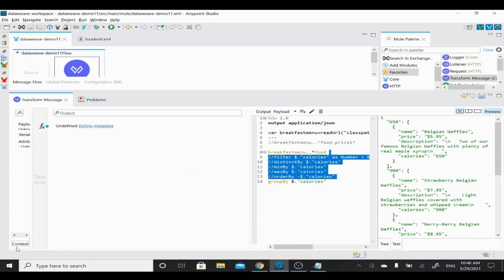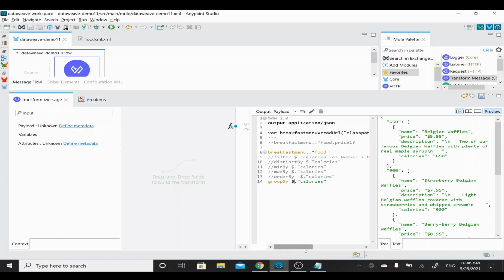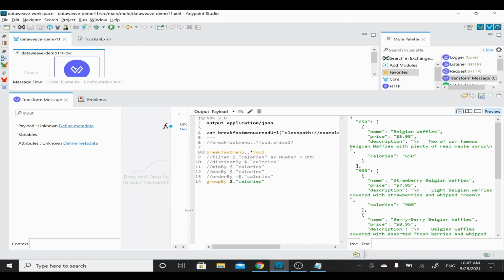You can directly copy the payload here, or you can browse it in the first window and use it there as well. You can define metadata, from where you can select the sample and verify your output. But whatever we have tried today, I took the sample from the internet and put it into a specific example path in my package.